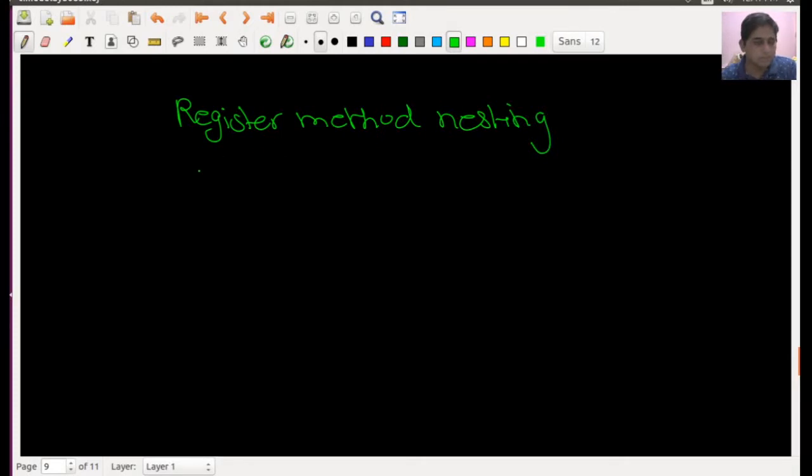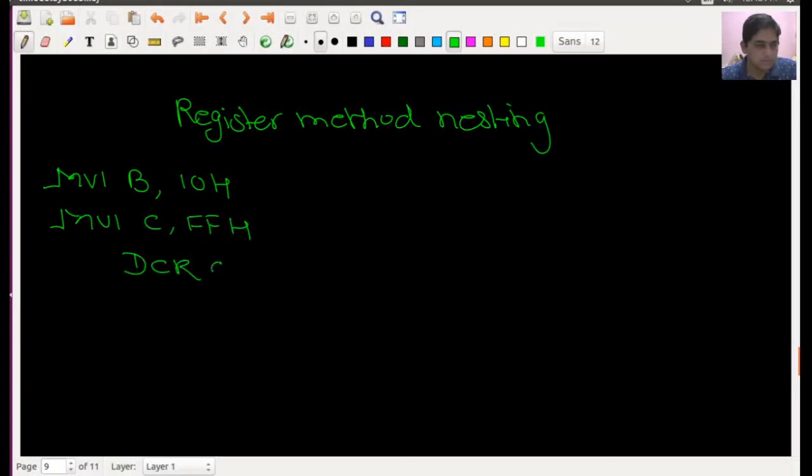So we can see here, if I'm writing one program, just like MVI B, and I'm loading some count just like 10h, and I'm using one more register. I'm taking C as a register. First I will use this inside loop.